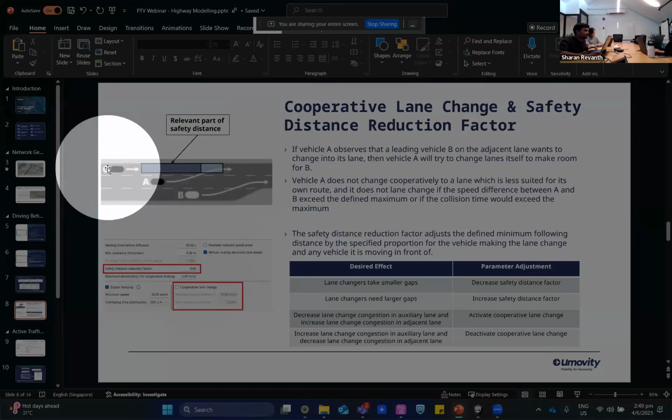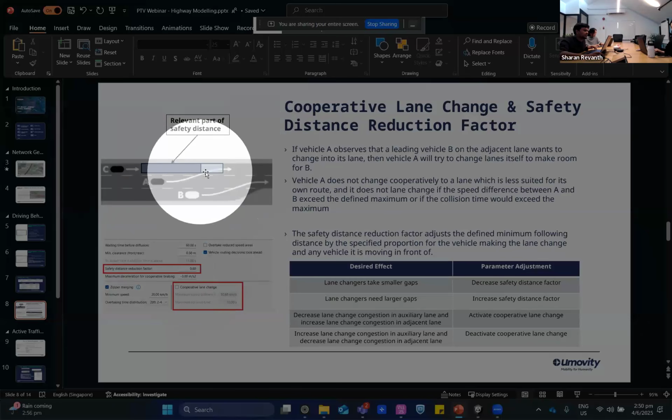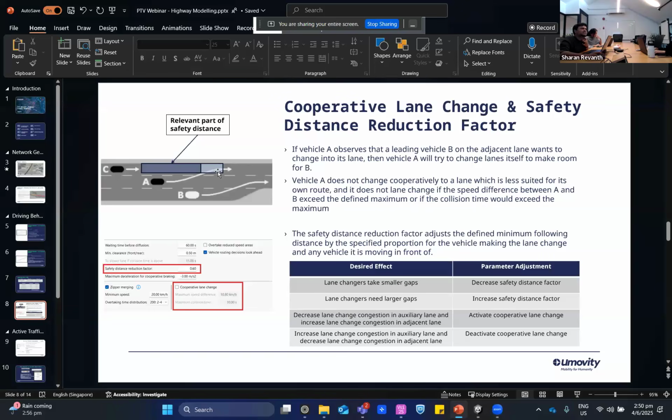If you see this particular vehicle C, it has a safety distance of this much, so let's assume it is 6 to 7 meters. Then if A needs to lane change, and you specify the safety reduction factor to be 0.60, what happens is it can reduce 60% of its safety distance to give way to vehicle A for it to lane change. So these are some of the factors that you need to consider when you're modeling a highway,